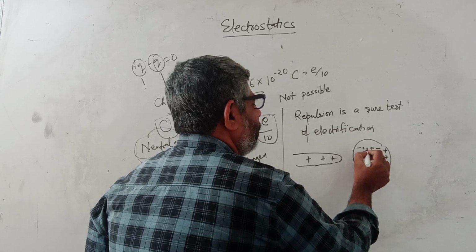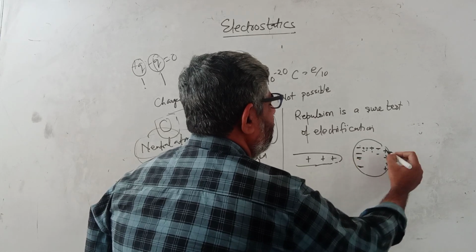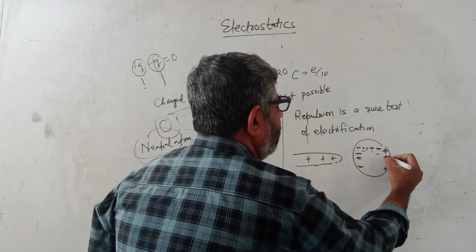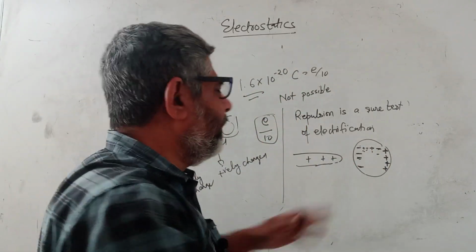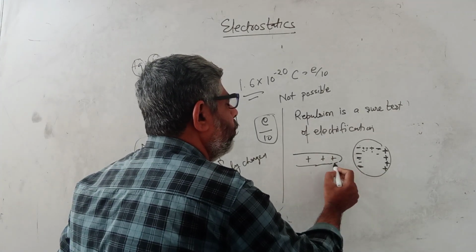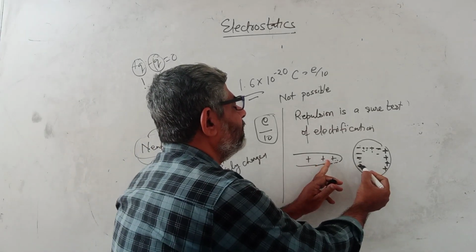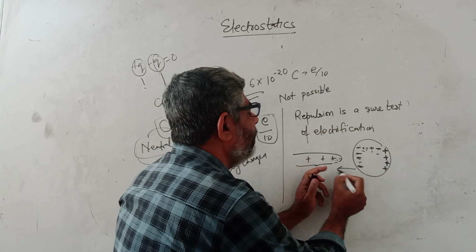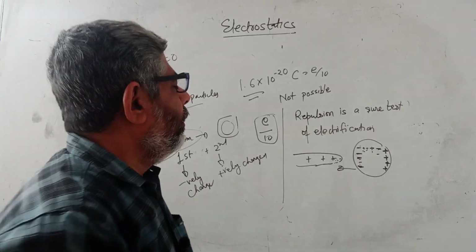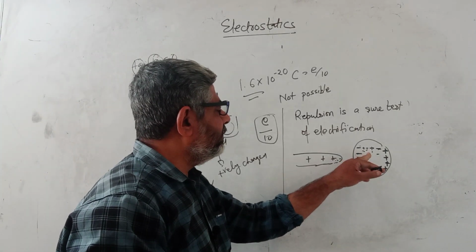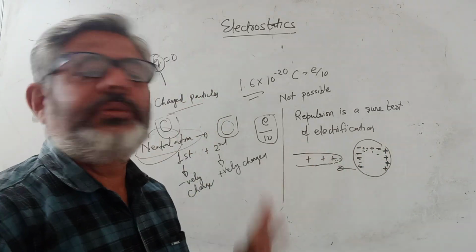So electrons are attracted to this side, and on this side only positive charges are left. Now positive charge is shifted to the right, you can say very simply, and negative charge to the left. Now this negative is closer to the positive charge. So this repels this but attracts this, but because these two are very near, there will be an attraction, and they will be attracted to this. So by induction, this negative charge, which is now nearer to this positive charge, is attracted to this particular positive substance.